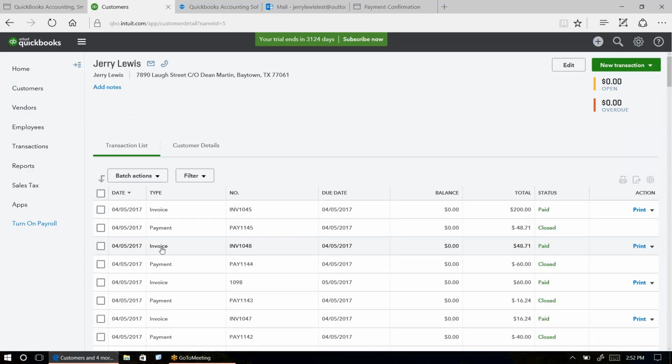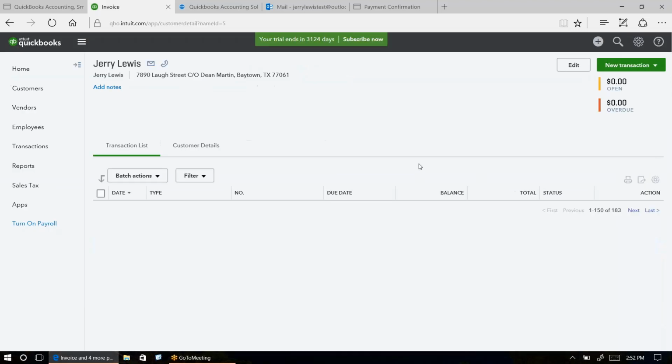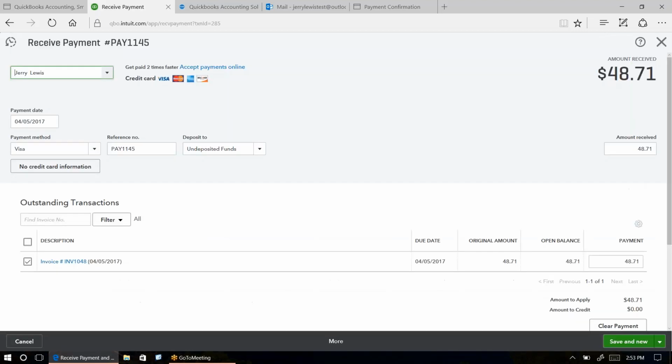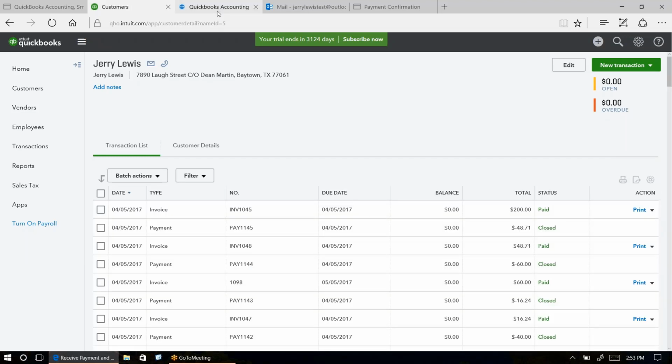So here again, you'll see that the invoice that we created in our business portal, I'm going to go ahead and click on that, has been automatically created and brought over into QuickBooks Online. It has also been correctly updated as paid within QuickBooks Online. There has also been a payment receipt that's been created automatically. So here again, all the QuickBooks Online accounting records have been automatically updated for you simply by creating and processing